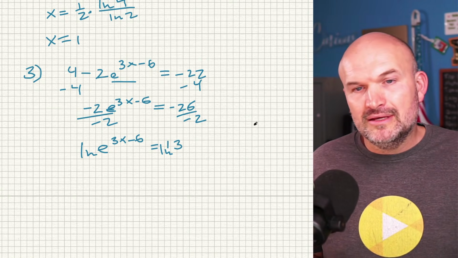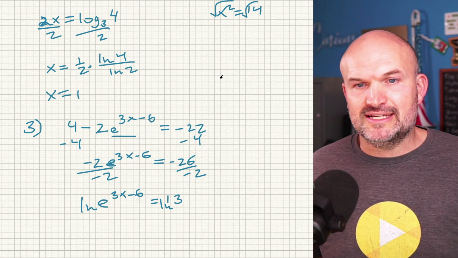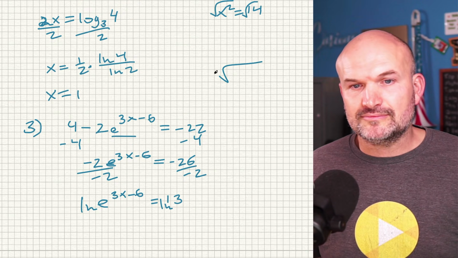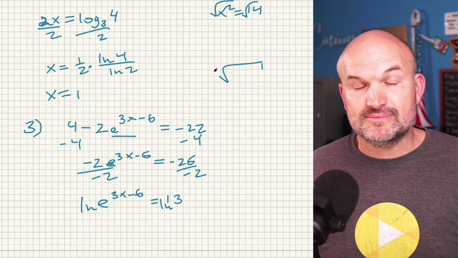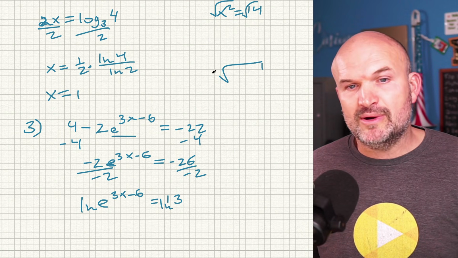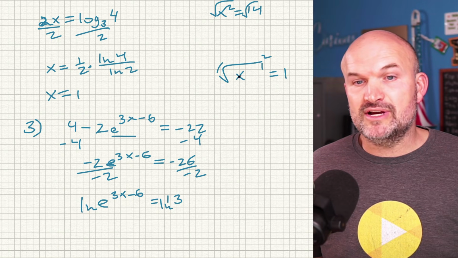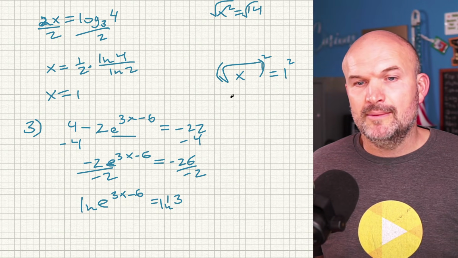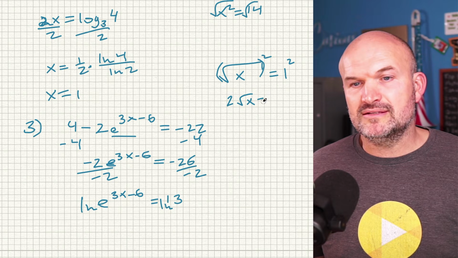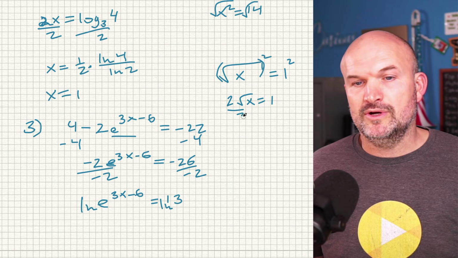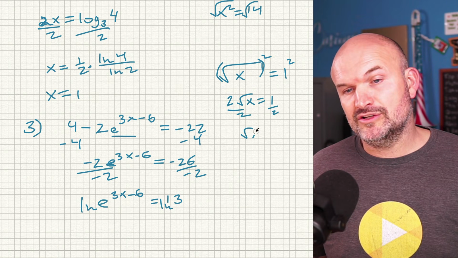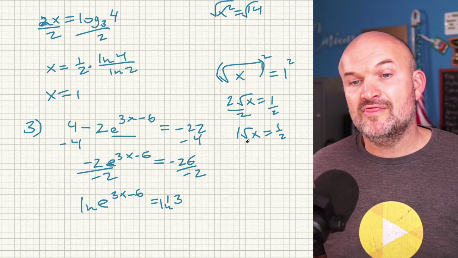And actually, I apologize. I should have explained something like this. Remember going back to our quadratics? When we were solving square radical equations, if I had something like, solve for x, square root of x equals 1, what did you do? You squared both sides, right? You just use the inverse operations. But if I had a 2 times the square root of x is equal to 1, what did you do? You divided by 2 first. Then you had the square root of x is equal to 1/2. Then you could go ahead and